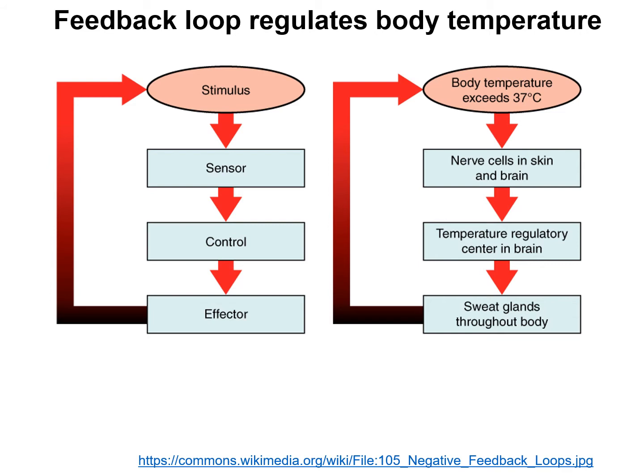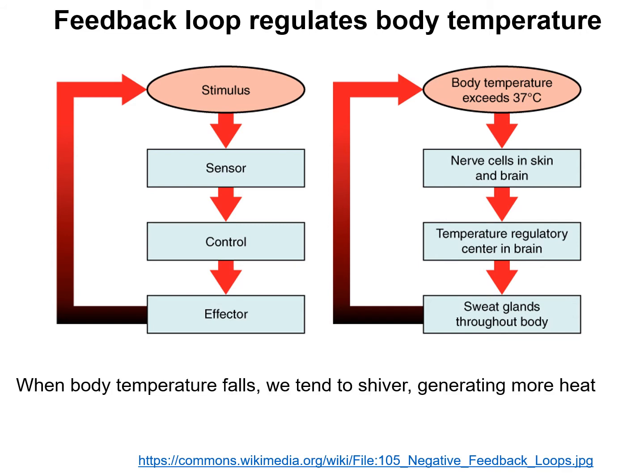Why does this sweat happen? Because the central nervous system, the temperature regulatory unit which is present in the brain, actually conveys information to sweat glands to secrete sweat, because that will help reduce the body temperature back to normal, which is around 37 degrees Celsius. So this, as you can see, is a negative feedback loop, where what this feedback loop is trying to do is actually to go back to where it was set, or what the original condition was before this particular